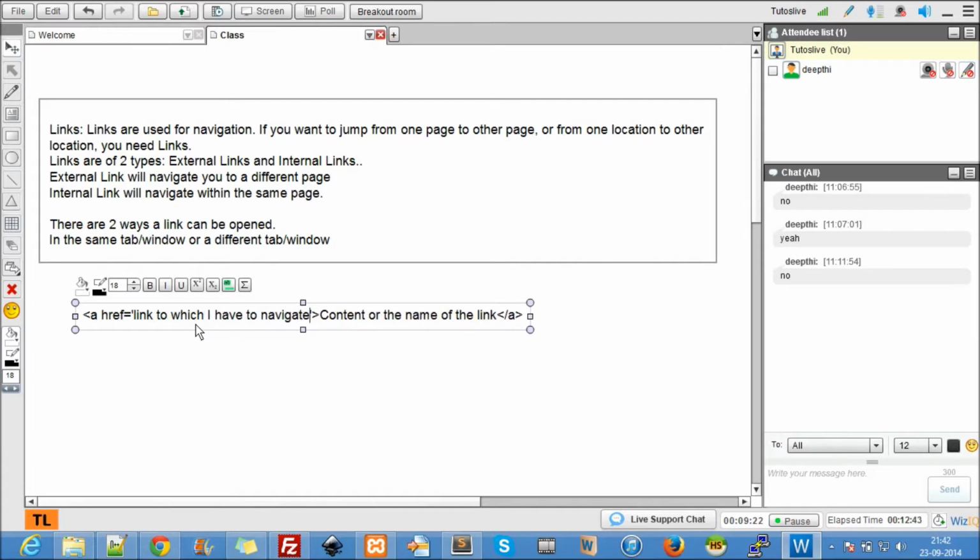So in general, this can be a domain name or a file name or just a location, right? href. So domain name or file name is to open external links, and location is to navigate within the same page, which is again called an internal link. So let's go ahead and see how we can really use this. I'm going to share my screen here again.